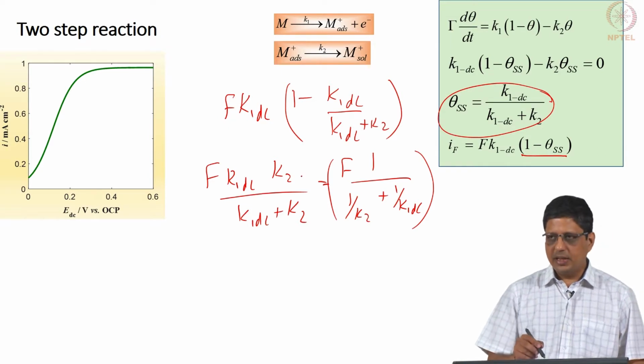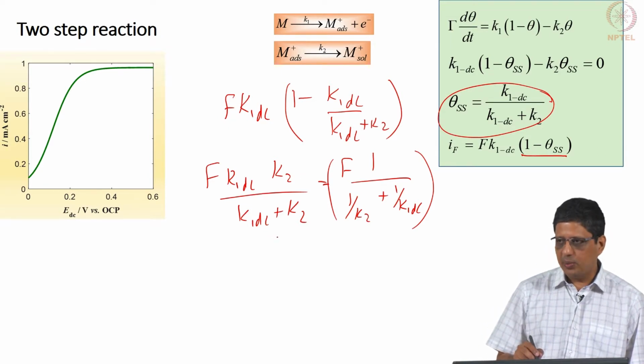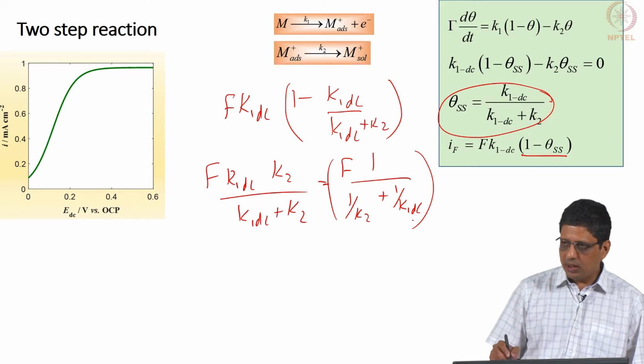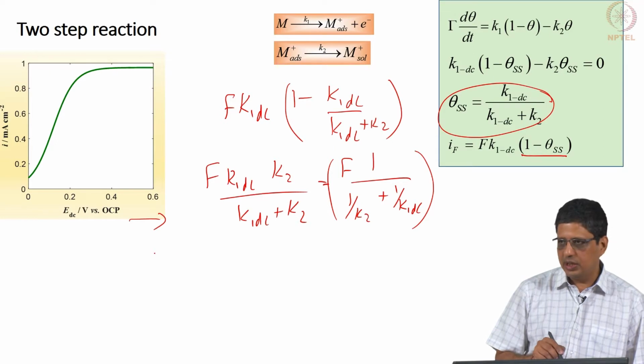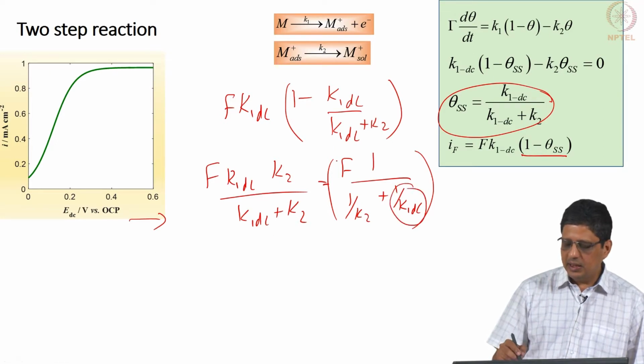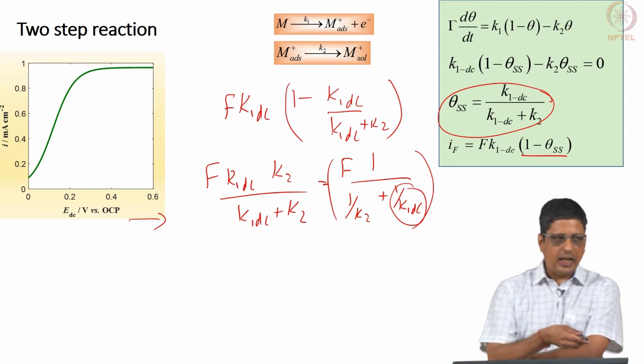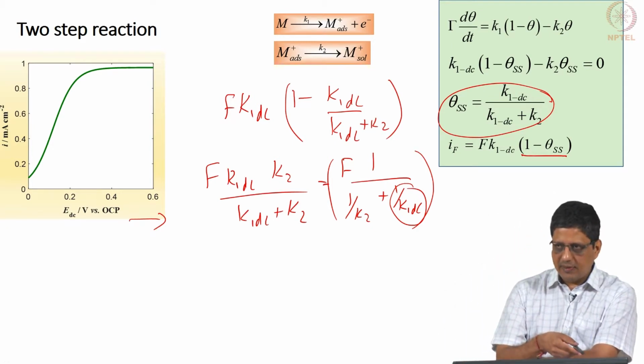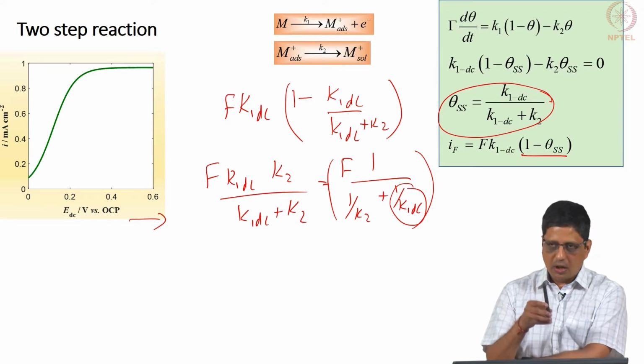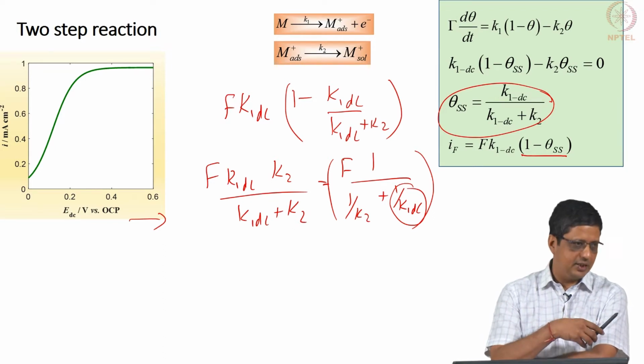The numerator divide by K1 K2, the denominator divide by K1 K2, and when K1 DC is going to be a very large number, because I am going to very large DC potential, this term I can neglect it, it is going to remain a constant. So, the Faraday current is going to increase up to some level and then it is going to remain a constant, although we have assumed that mass transfer is not a problem.